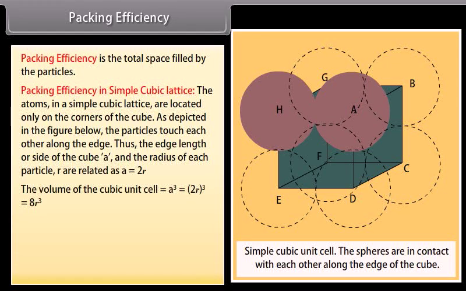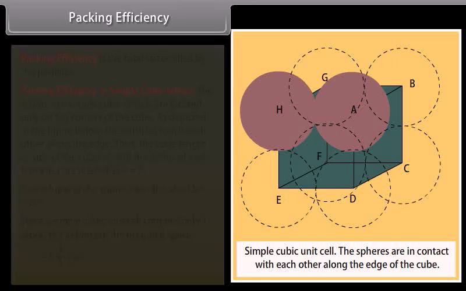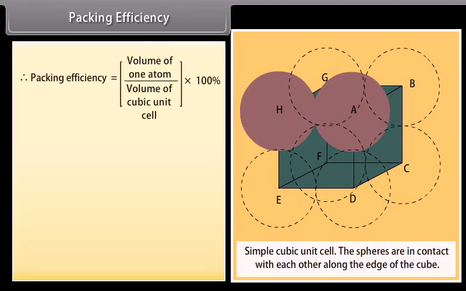The volume of the cubic unit cell is equal to a cube, which is equal to 2r cube, which equals 8r cube. Since a simple cubic unit cell contains only one atom, the volume of the occupied space is equal to 4/3 pi r cube. Therefore, packing efficiency is equal to volume of one atom upon volume of cubic unit cell into 100%, which is equal to 4/3 pi r cube upon 8r cube into 100, which is equal to pi upon 6 into 100,